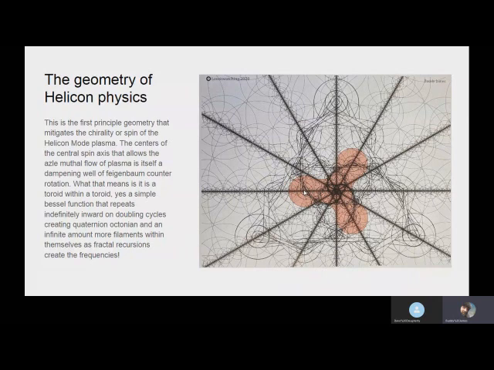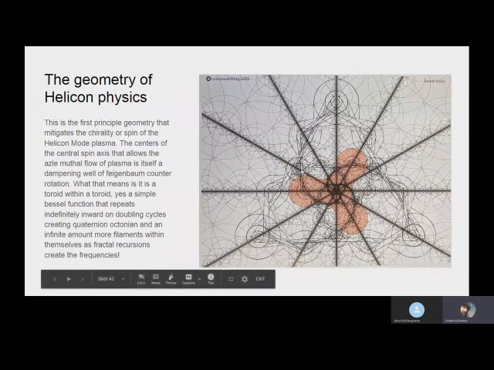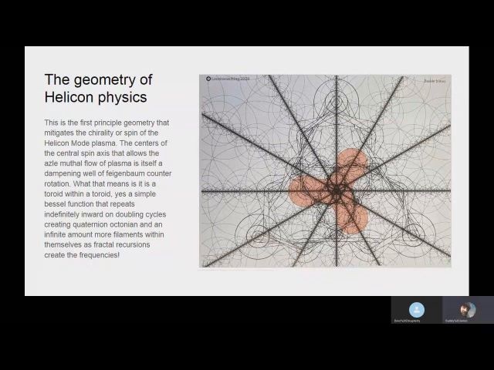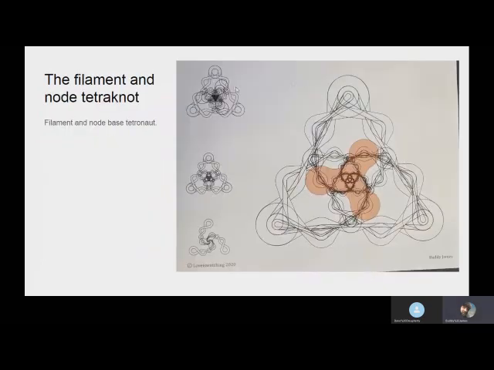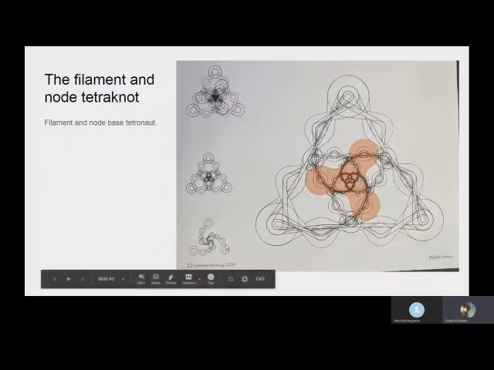So this is quaternion and octonion, and I get ahead of myself. What that means is this is a toroid within a toroid within a toroid. Yes, a simple Bessel function of the standing wave that repeats indefinitely inward on doubling cycles, creating quaternion, octonion, an infinite amount of more filaments within itself as fractal recursions create the frequencies. So yes, this is the geometry of it. This is the proof of it, and you can get so much more in depth here looking at the simple